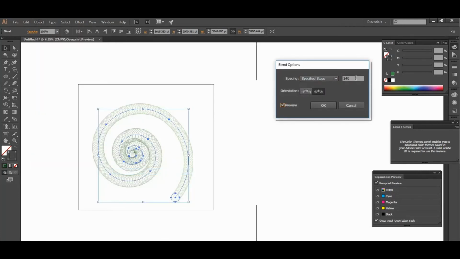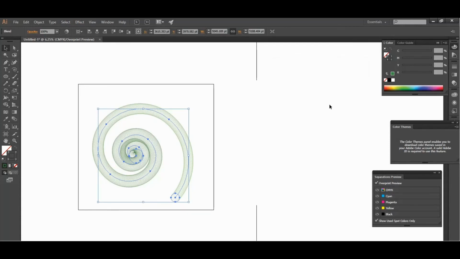Blend Options. You can preview this. I will make it 400, so you can see this blend effect is